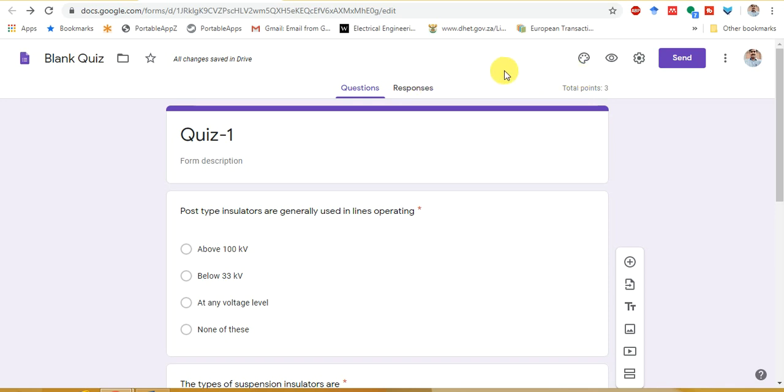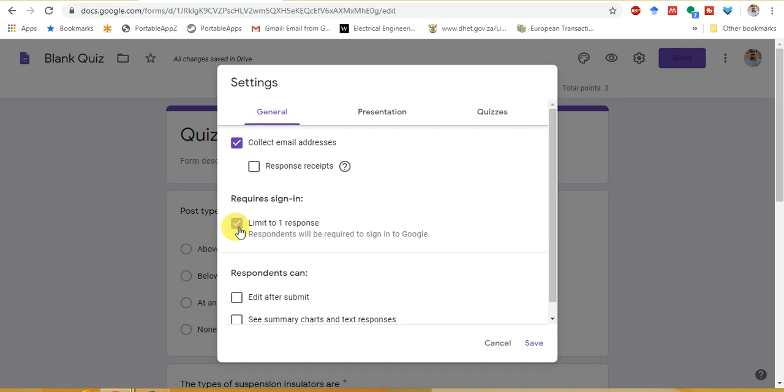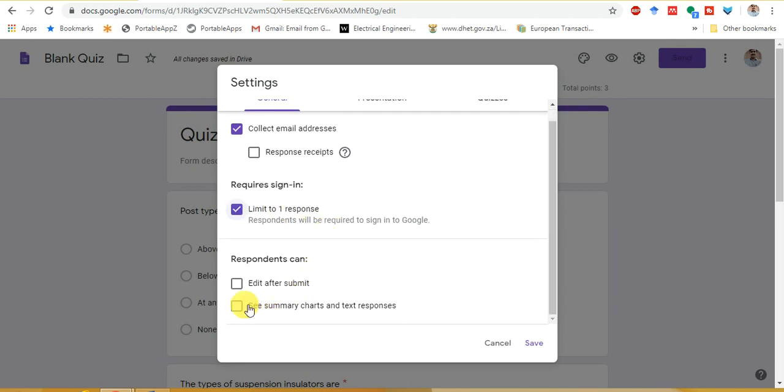Then one more setting which you need to do: go to the settings. If you want to collect email addresses also, then tick this collect email addresses. Then you need to click this, limit to 1 response only.